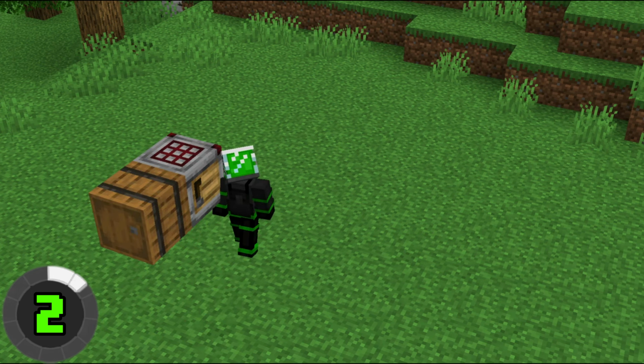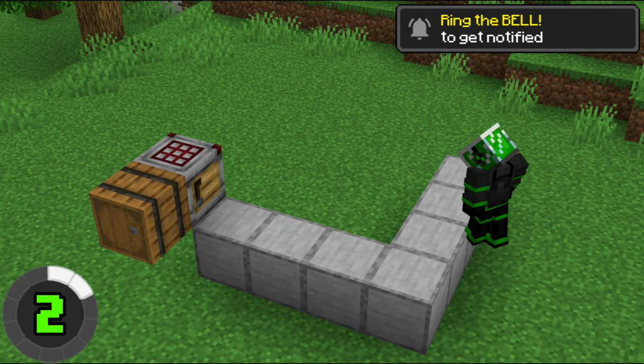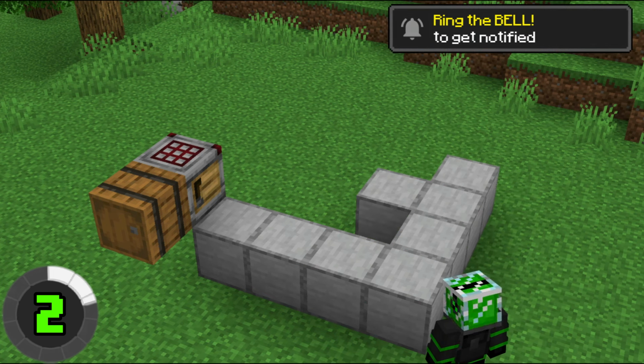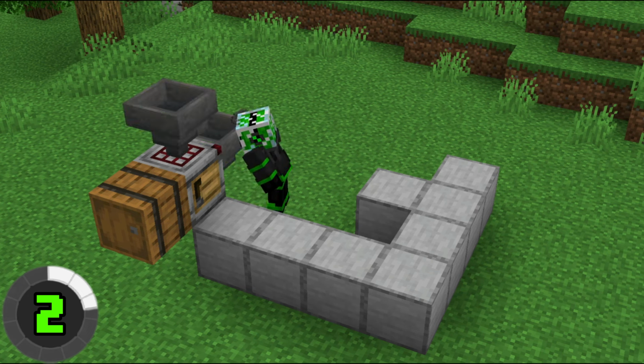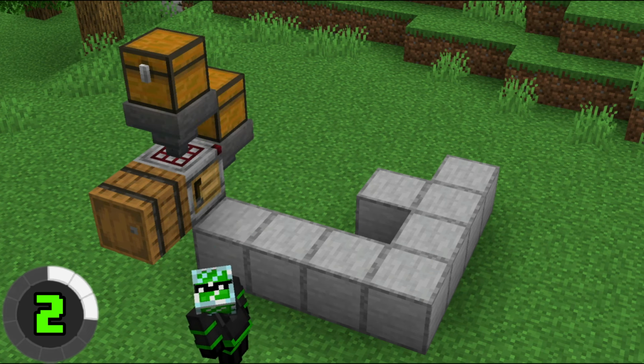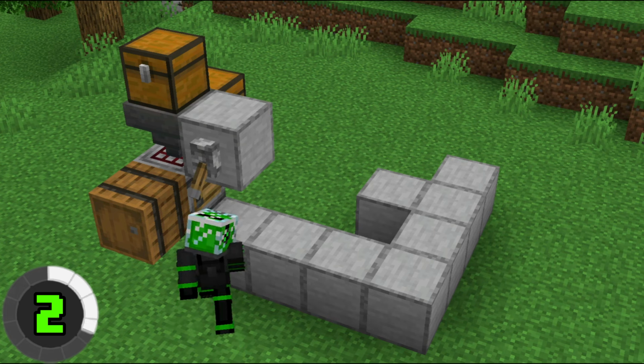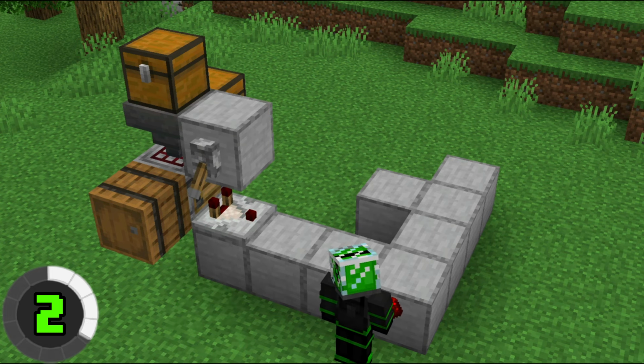Then place 4 blocks to the side of the crafter with 3 blocks going back and an extra block on the left side. There should be a total of 8 blocks placed here. Now place a hopper behind and above the crafter with a chest above each of the hoppers. Then place a block to the right of the upper hopper with a lever on the front side, flip down to lock the hopper. And then place a comparator next to the crafter followed by 3 redstone dusts, a repeater,